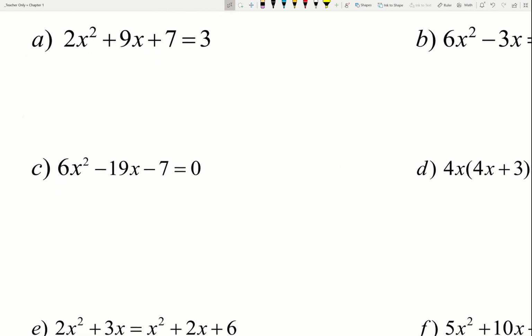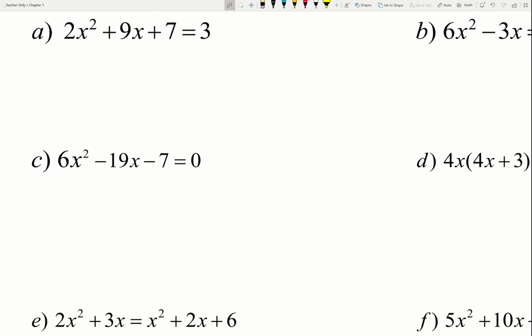So part A, we have this quadratic equation here. We have 2x squared plus 9x plus 7, and that is equal to 3, okay? So again, just to go through the steps, the first step would always be to get 0 by itself on one side of the equation, and we could do that very simply by subtracting 3 from both sides, in which case we're going to end up with 2x squared plus 9x plus 4,